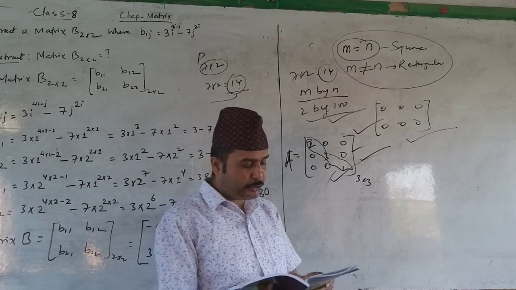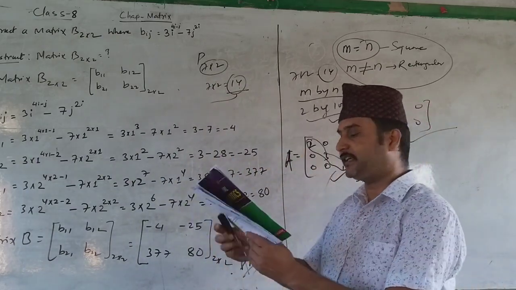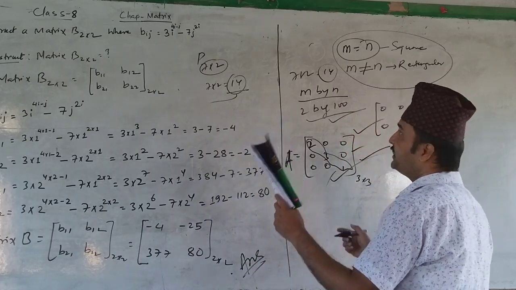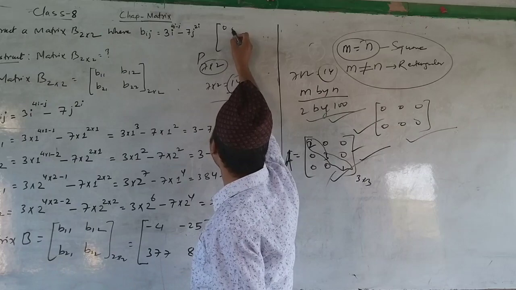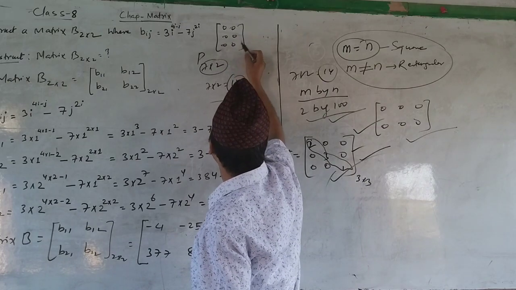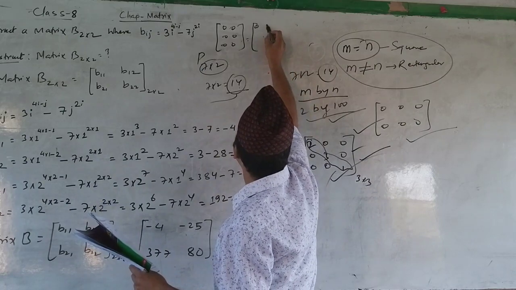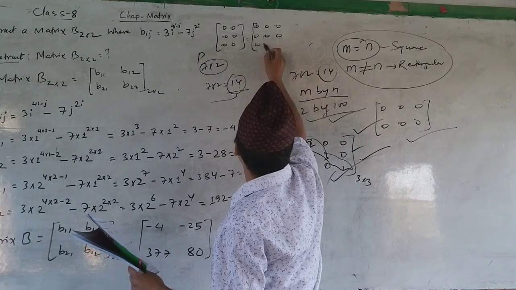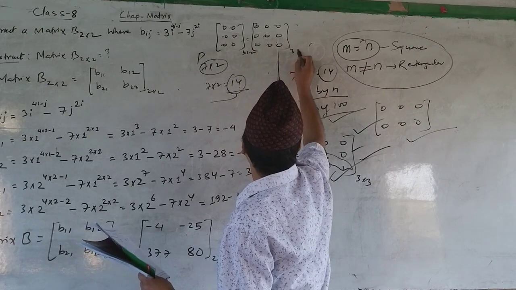Now two matrices are given to you. Question number 10. Now we are going to complete this exercise. Only 2 questions are left here. Now the question is asking, are they equal? These things I have already explained. Suppose here I am writing this matrix, and here is given 0, 0, 0, 0, 0, 0 and 0, 0, 0. This is 3 rows by 2 columns. These are 3 by 3.